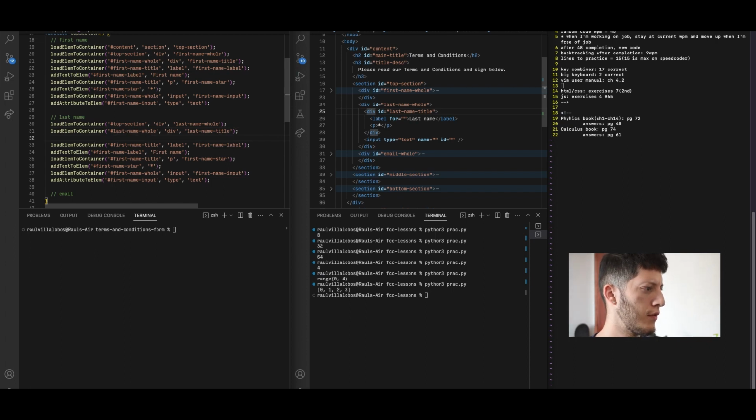Yeah, it's a div within a div. And then we'll have a label. Again, it'll be added to last name title. And then we'll add the